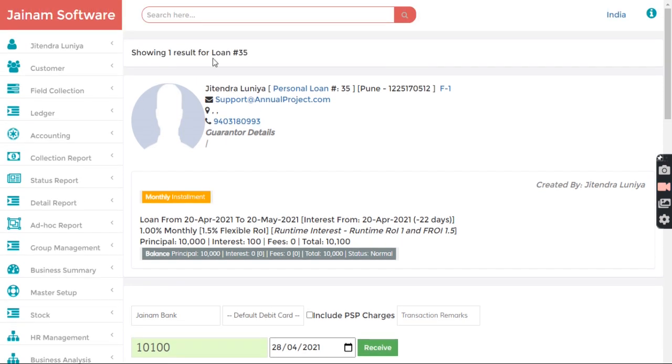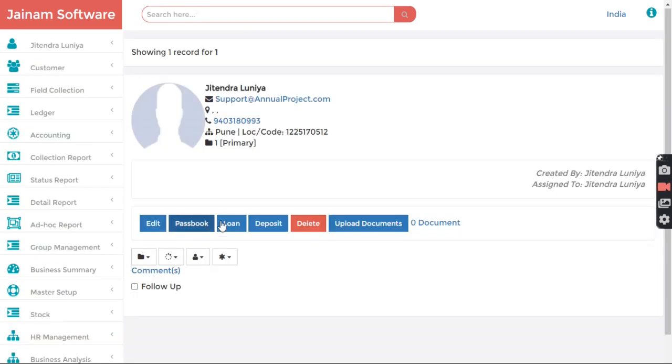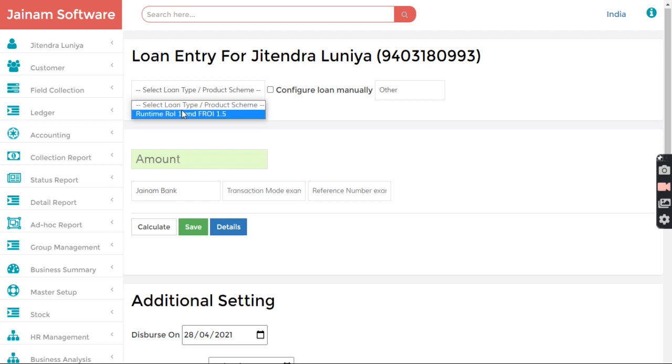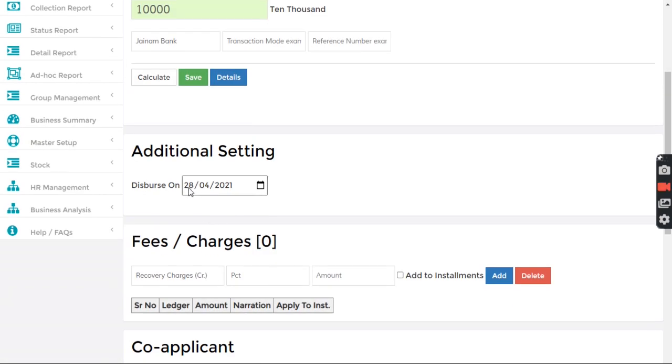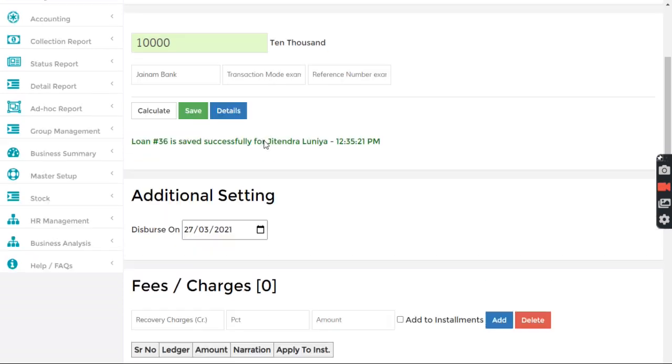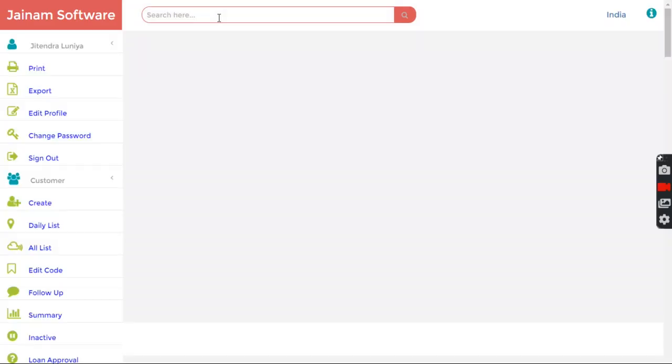To see the daily basis calculation, let's try to create that scenario also. I click loan here, select scheme, same amount, and now here I enter the date, 1 day overdue, and click save. Loan 36.